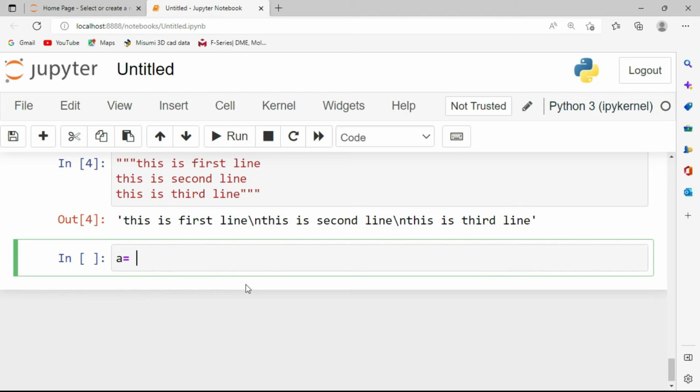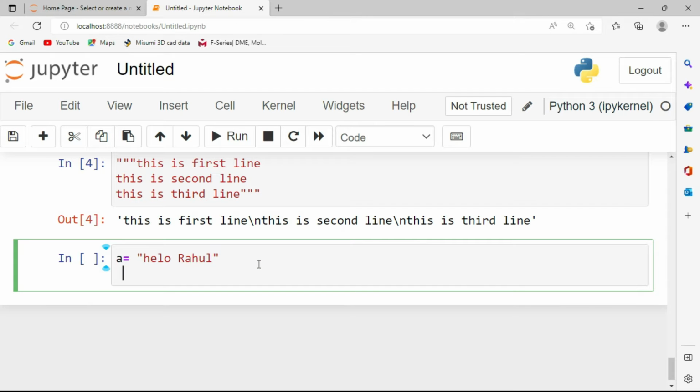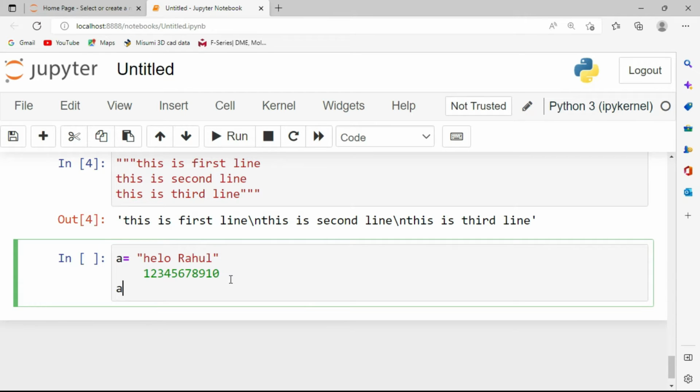Now we will understand how to iterate through a string. Like I am defining a equal to "hello Rahul". If I write a with square brackets and an index, the index starts from 0. So H is 0, E is 1, L is 2, L is 3, space is 4, R is 5, A is 6, H is 7, U is 8, L is 9. So if I want E, then I write 1, then I print